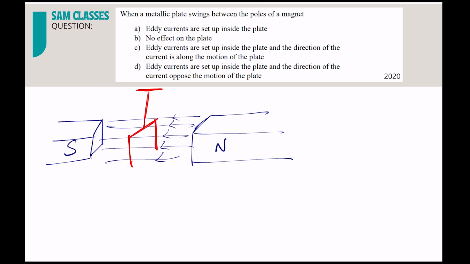Metallic plate which is swinging. Correct. Inside is like this, let's say. Now it is swinging, so magnetic field lines are passing through this. So what happened in this? So this experiment, if you want to remember, you could have given you directly the answer. But understand this whole setup, our Foucault sir,